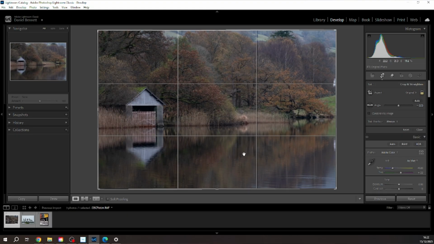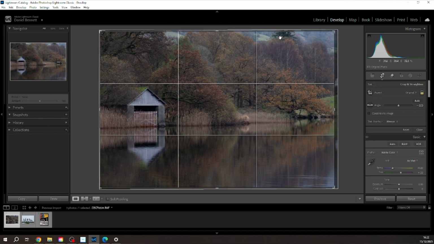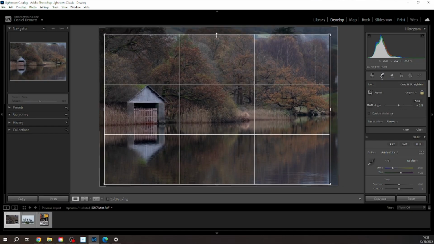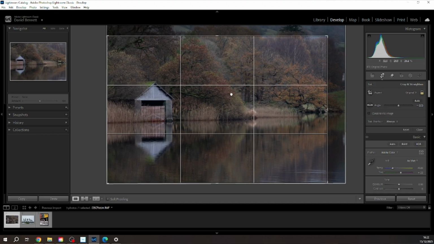I do make sure that I do it on location, but I always like to make sure when I'm in the computer editing. Now these 2 here on the right hand side of the screen, these are 2 little distractions. So rather than go over to the remove tool, I just ever so slightly bring in the crop and remove that. Again, with the top half, I think this is a slight distraction, this little tree here. So again, I will just bring that down ever so slightly until it's removed, and then just bring the image to where I think is fine,